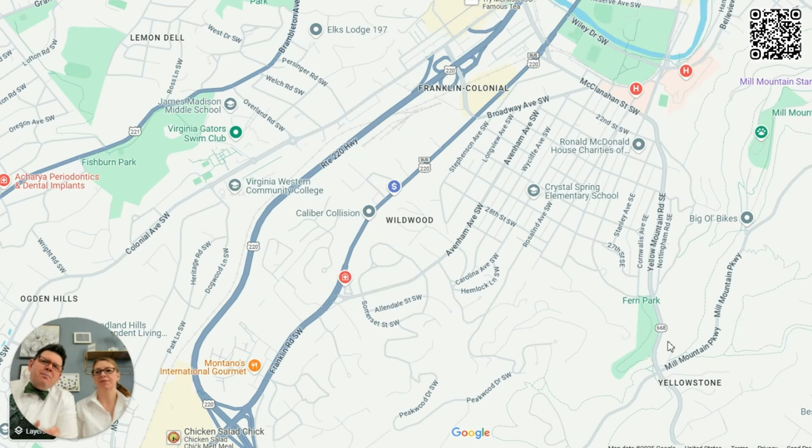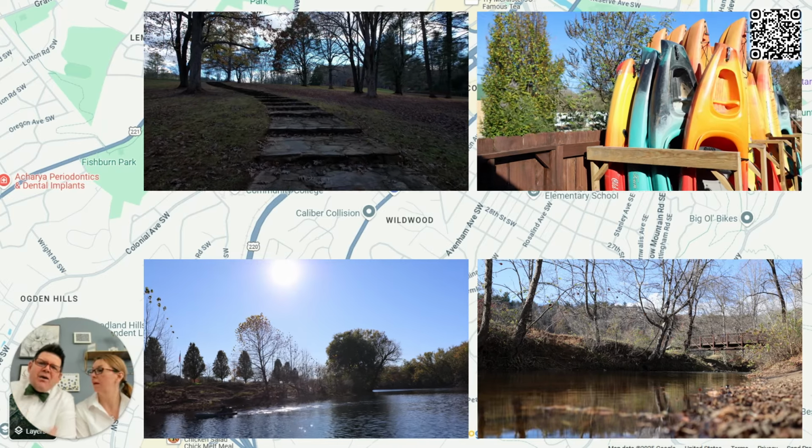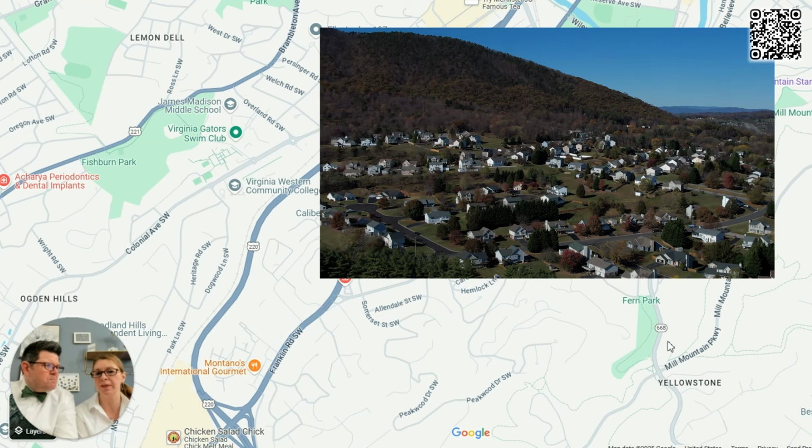One of the many reasons that people are moving to the Roanoke Valley is because of our outdoor amenities, activities, recreation, and the lifestyle that our area affords. Oh yeah, absolutely. We've had people move here just for mountain biking because we're so highly ranked. And just to have that opportunity, like our folks from Texas, they don't like the heat anymore. They want to move here just to get a breath of fresh air, literally those 4 seasons. So we talked about earlier, we're surrounded by mountains. That is the Blue Ridge mountain range,